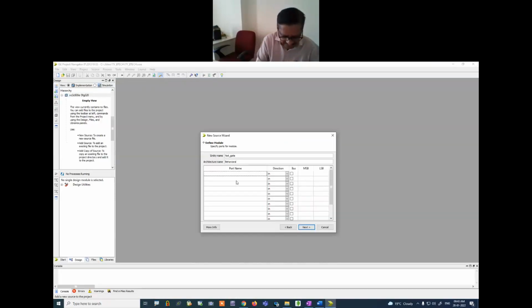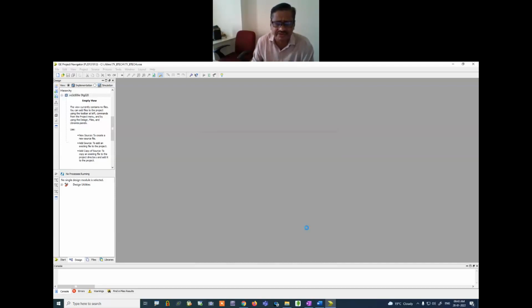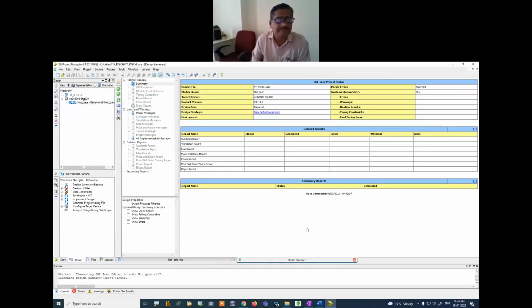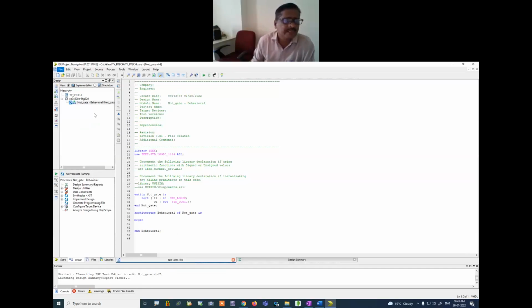Those values I have to enter here. I1 is the input and here I will name O1 as the output. I will make it as out and then next and finish. Otherwise this can be changed later on also. When I complete next and finish, look at this part,